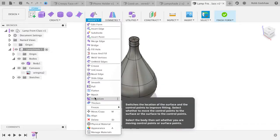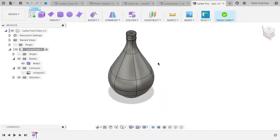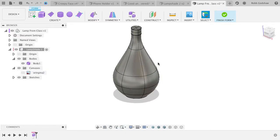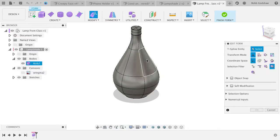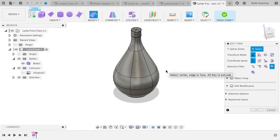I haven't used most of these. I don't spend that much time in this environment because I'm mostly not designing this kind of thing, but it's super fun when I do. So if I go into modify, let's say I want this thing to be more